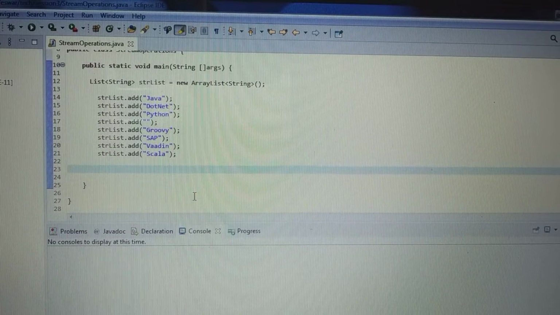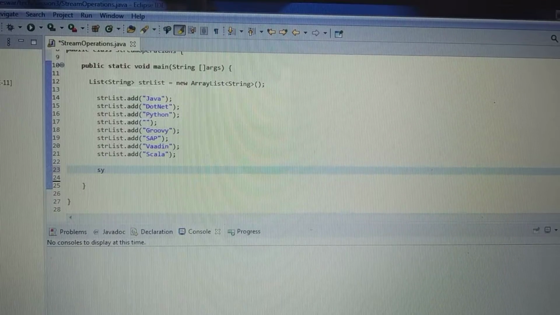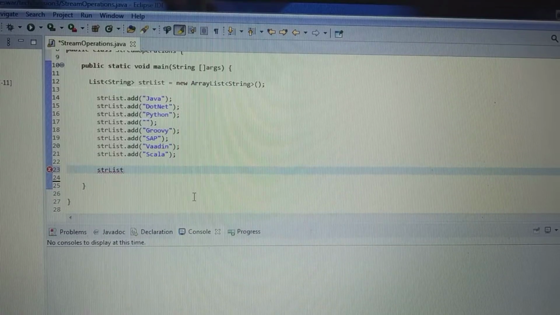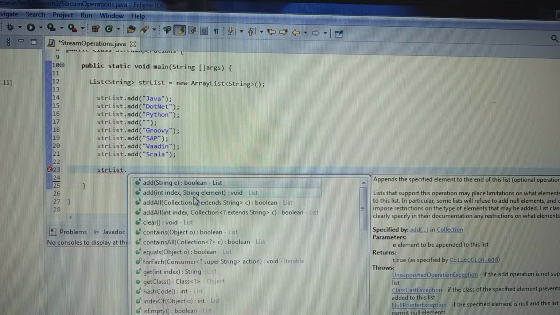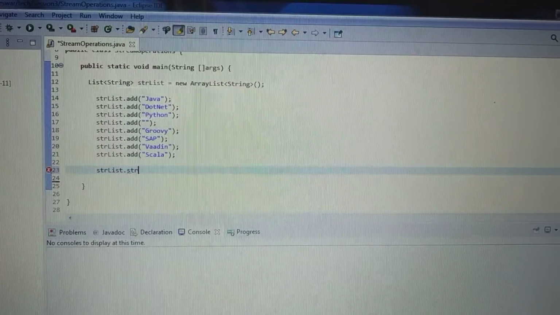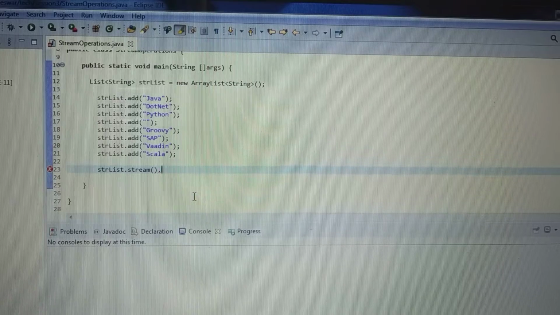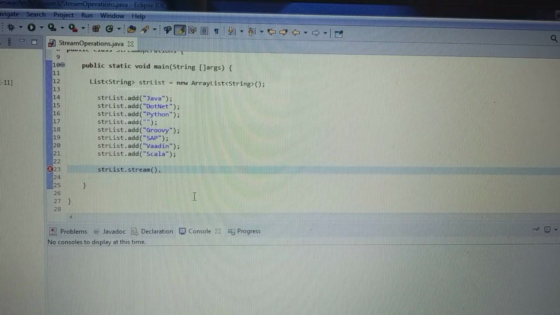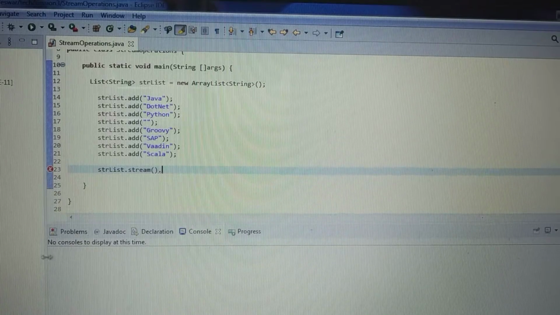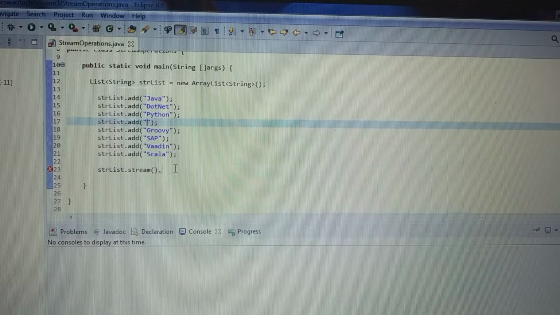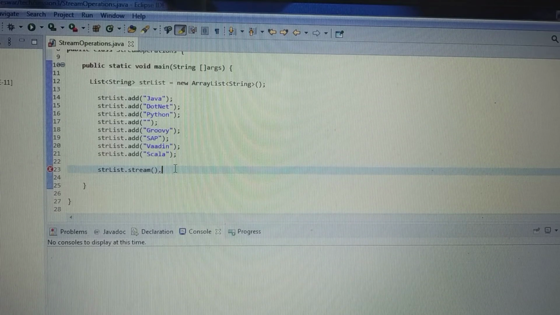What is the first step? As discussed, first we have to take our string list, which is our input stream. Now we have to stream this collection. This is the basic first step. What we are going to do first, we have to think about what the requirement is. Now in this stream, I have an empty object. So if the requirement is to filter out all the empty objects, meaning ignore the empty objects, and then transform this